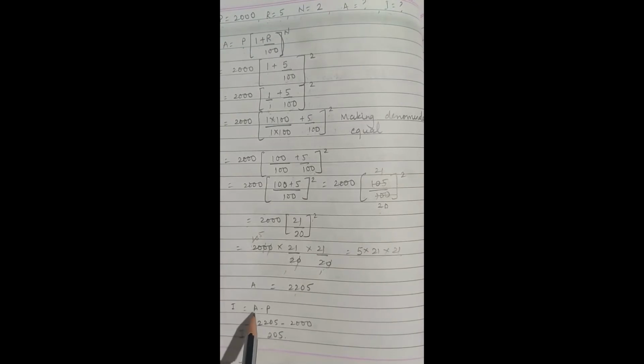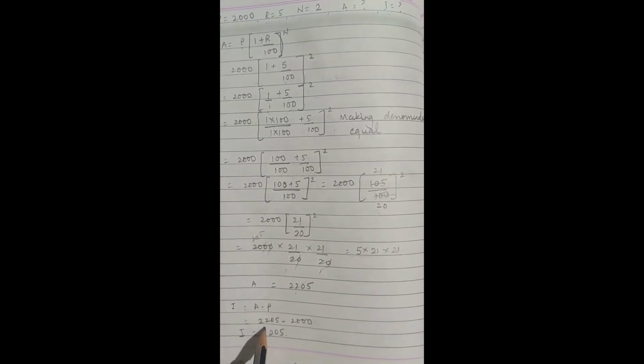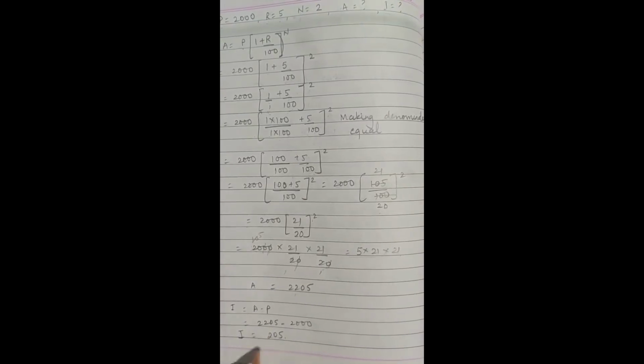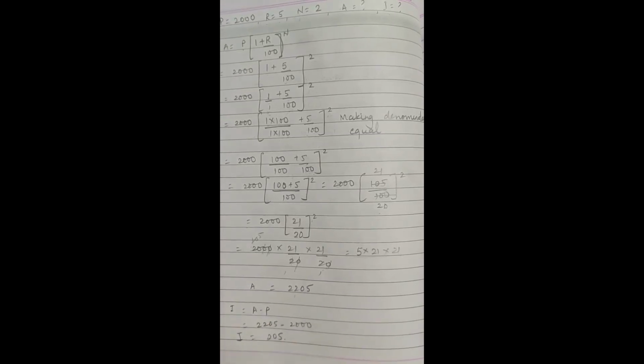2205. This is not the solution, it is just the amount that we have got. We have to still find the compound interest. Compound interest is equal to amount minus principal, that is 2205 minus 2000. The answer is 205. Always remember, when you write the answers, try to highlight these answers. Make a box around it so that the answers are highlighted. This is just a part of presentation, but I thought I'll tell you all so that you also do it properly in the exams and score good marks.